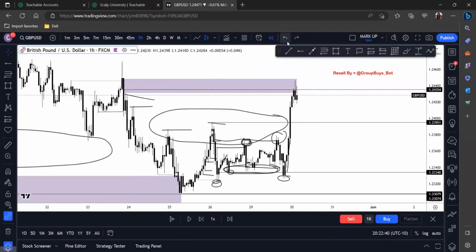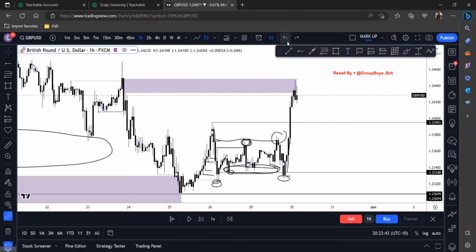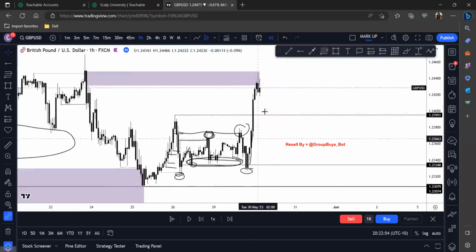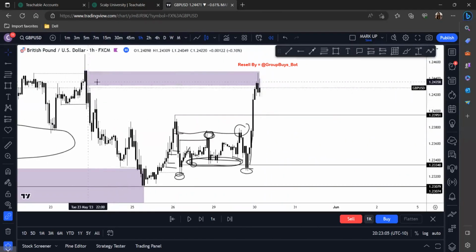But as we're looking at this, like I said, it tapped this POI here. Why did we tap this? We already hit sell stops, and we're going for the buy stops. We just tapped it. So what do you think is going to happen here? We don't have any built up liquidity down here, so what does price need to do? Price needs to break structure. So this is clearing out liquidity.